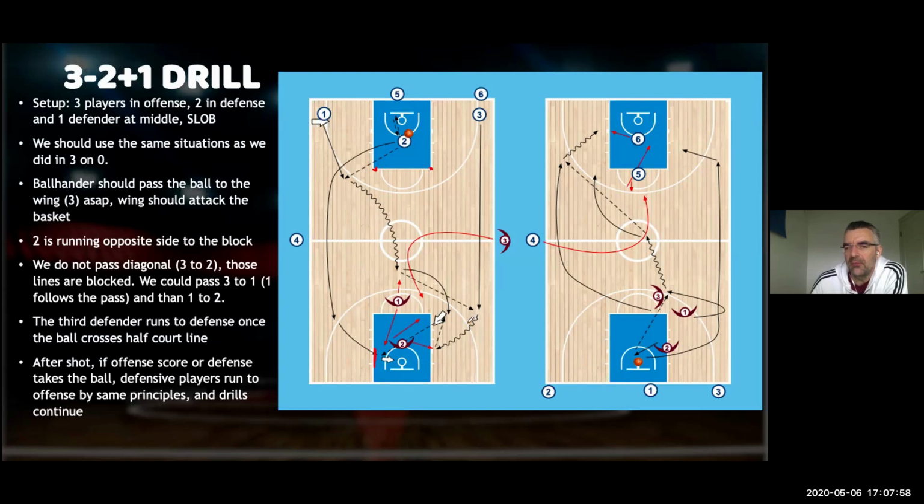This wing will grab the ball and attack. And usually players at the beginning always try to find the pass from 3 to 2, this pass. It works, but not as much as we want that pass to work. So you have to teach the players, if you cannot finish with the layup, if you are stopped, pass the ball